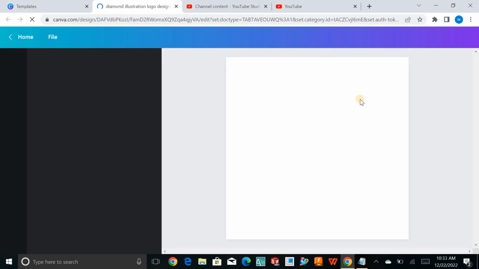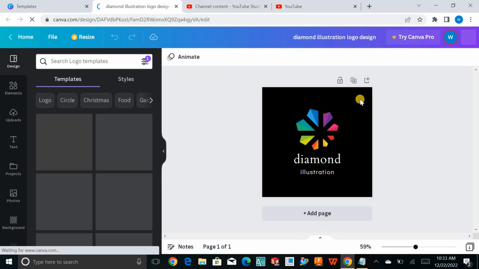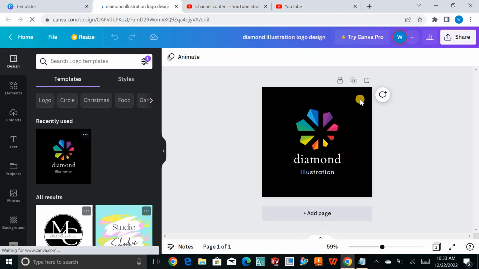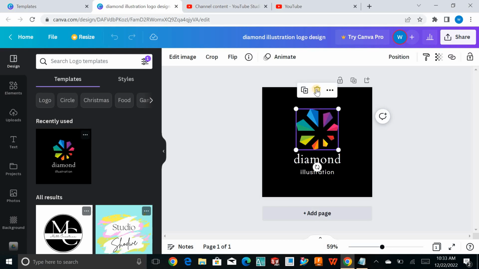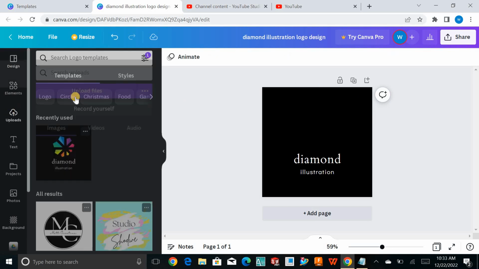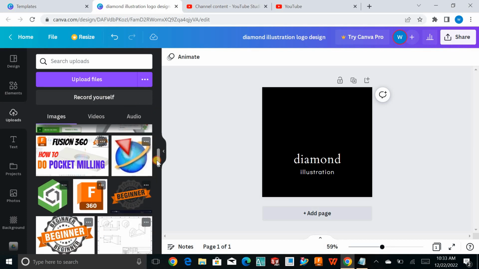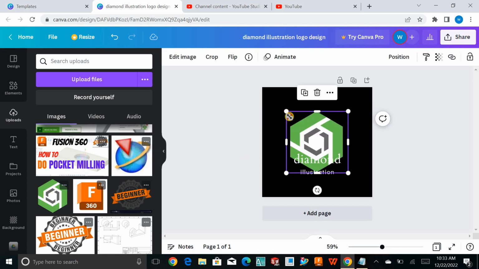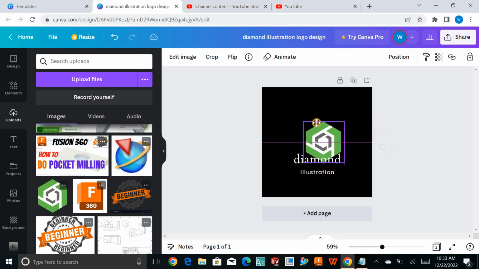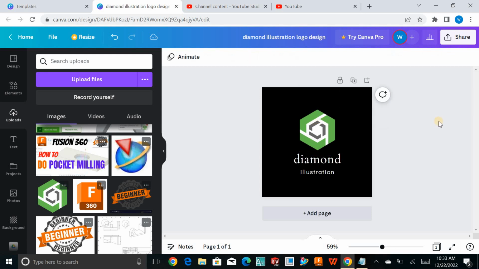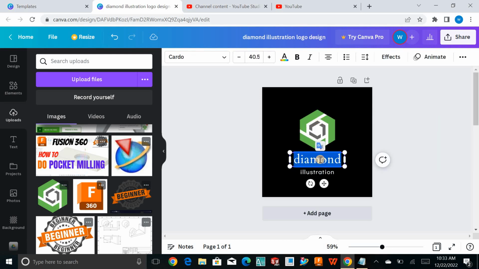Right. So for example, if you want to make a logo, you already know what logos are, right? These are the monograms, as sometimes people call them. You can delete this one and click on upload. And for example, I just want to drag this one in for now. Alright, let me drag it upward like this, and I'll write down the text on the shape,